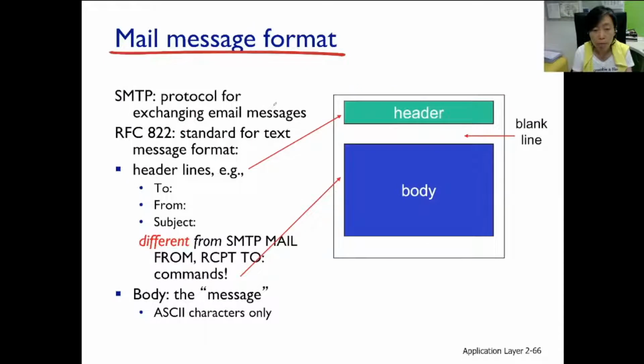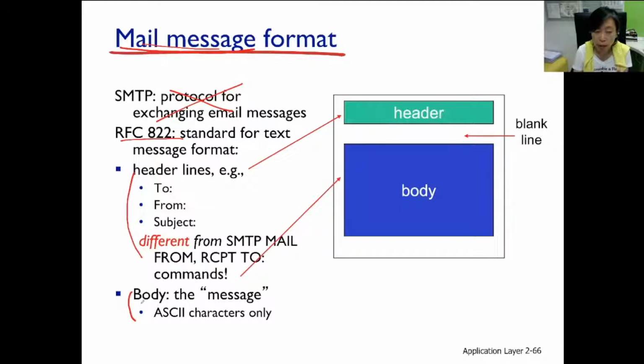Mail message format. There's yet another protocol that defines how the email messages should look. This will be the data part of the SMTP protocol message exchange. If you recall the example earlier, there's the opening phase, some control messages being sent, and then comes the actual data before closing. So the mail messages we're talking about here are the content being sent in the data phase. These messages are not control messages for SMTP, so they are not SMTP. The mail message format is actually defined in another RFC. It's another protocol, and that protocol defines the mail message format.